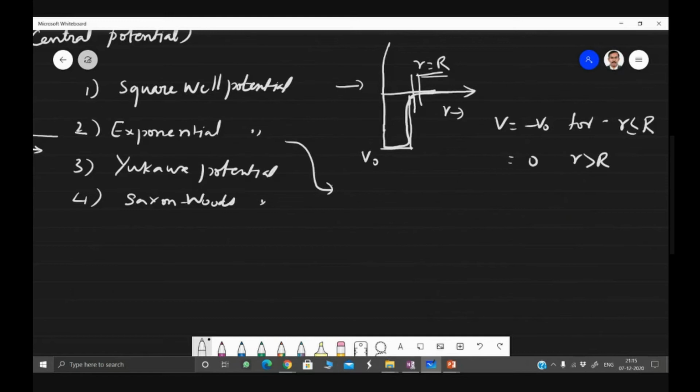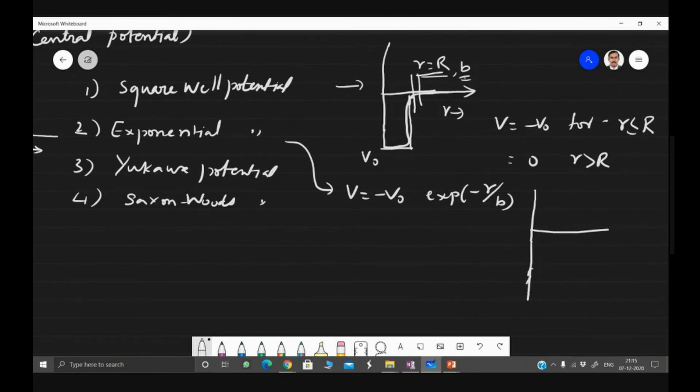has this form. So V is equal to minus V naught exponential of minus r by b. So this R can be referred in some books as small b. So it has the same meaning, minus r by capital R or minus r by capital B. So this is where the potential becomes zero. So the exponential potential behaves something like this. So which is at r is equal to 0, this is exponential minus 0. So this will be something like this.